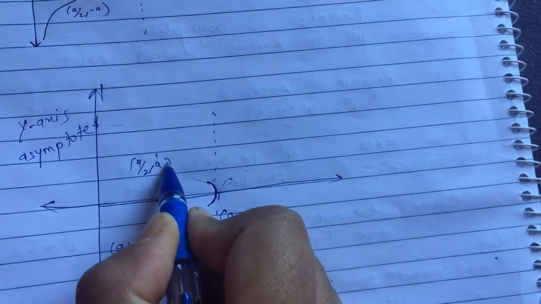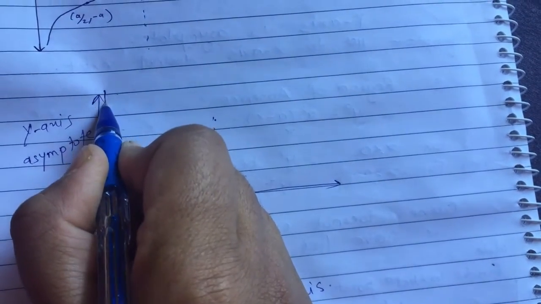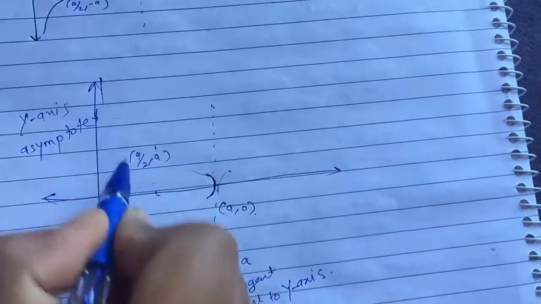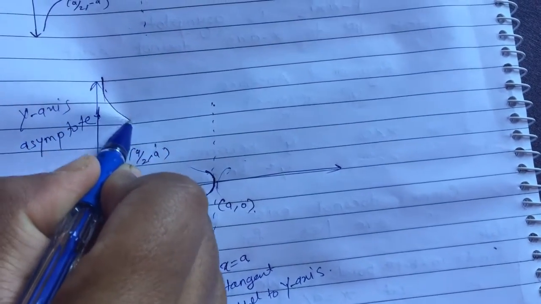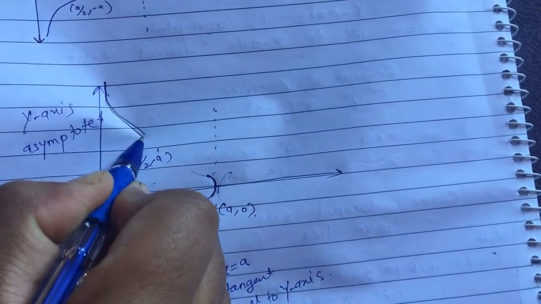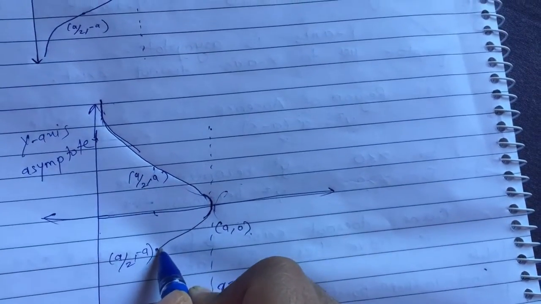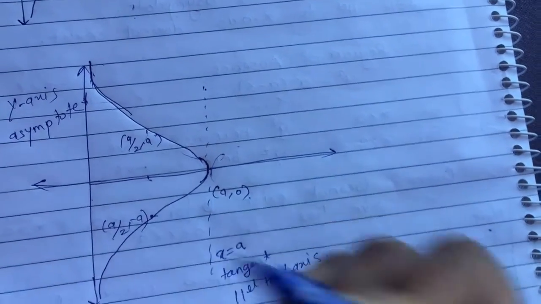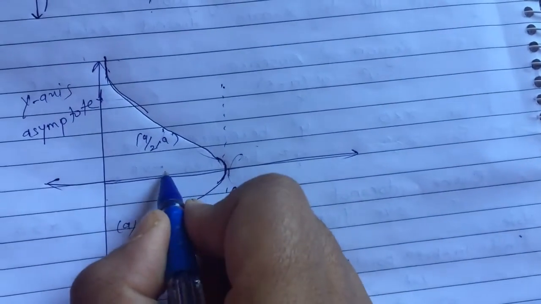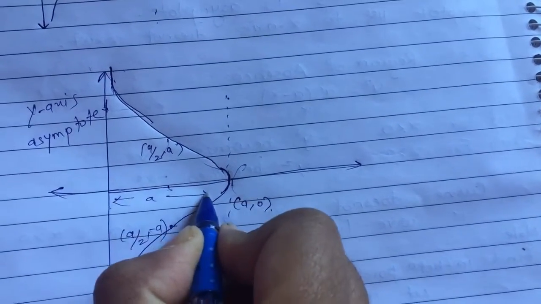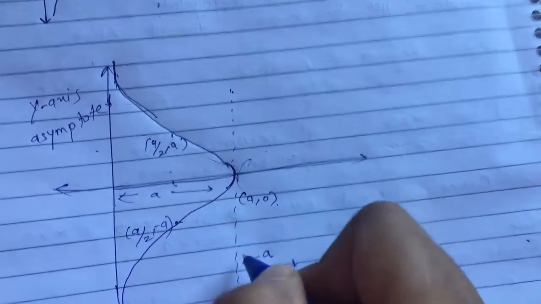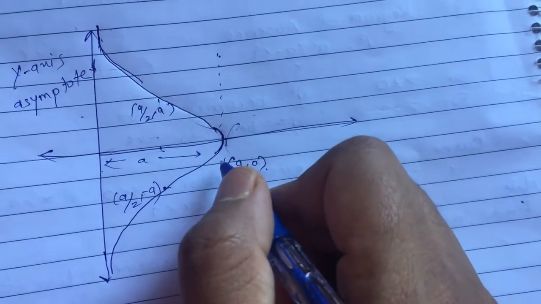So now see, we need to cover this curve. Asymptote means it will look like this because it will become tangent at infinity. So we just need to connect the points now. Okay, now the same will occur over here because it is symmetric about the x-axis. So this is the curve. Now you know that this distance is a, this is the asymptote, this is the tangent parallel to the y-axis. So this is the x-axis, this is the y-axis. So this will be the nature of the curve.